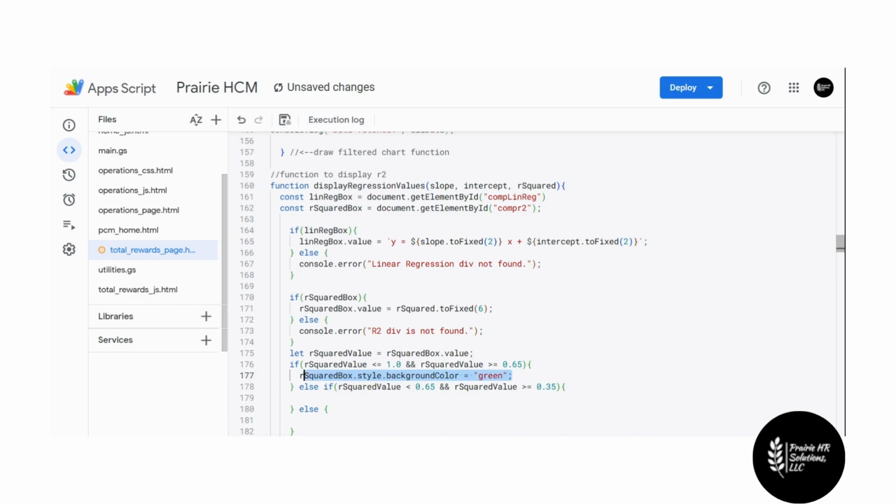And what we can do is we can take this and copy that and do the same thing here, and then we'll make this yellow,